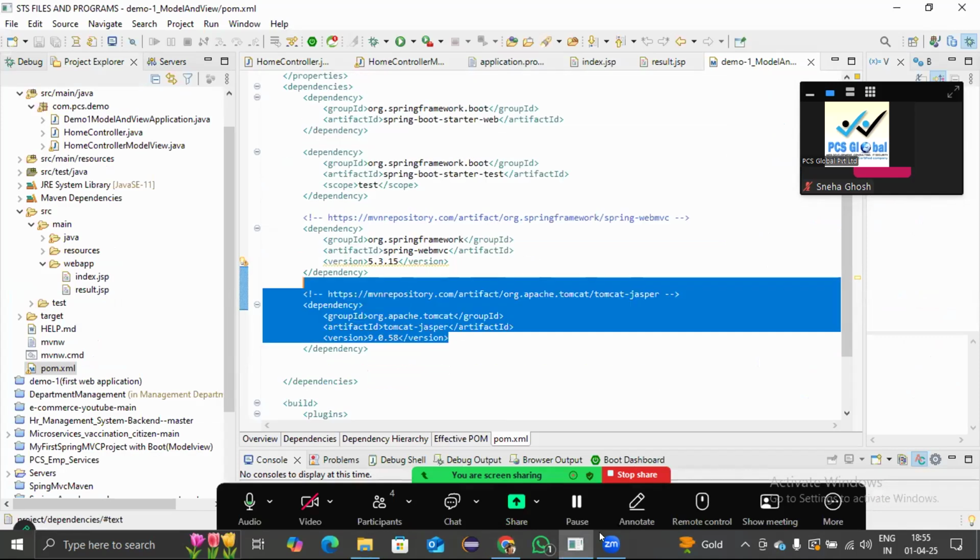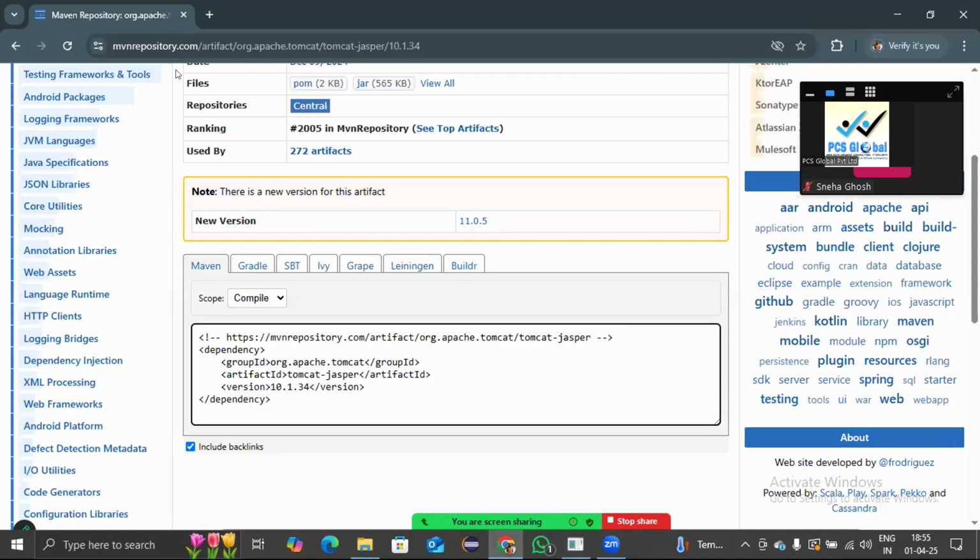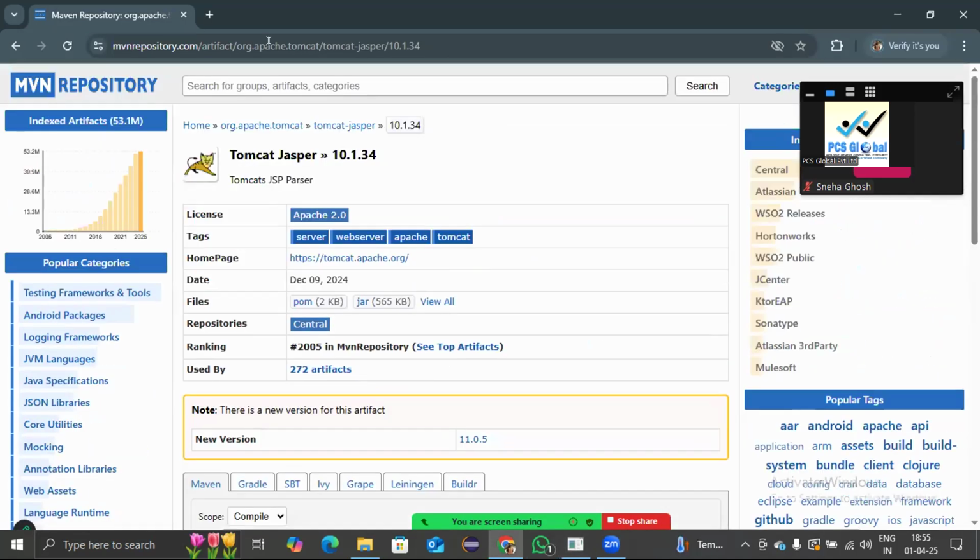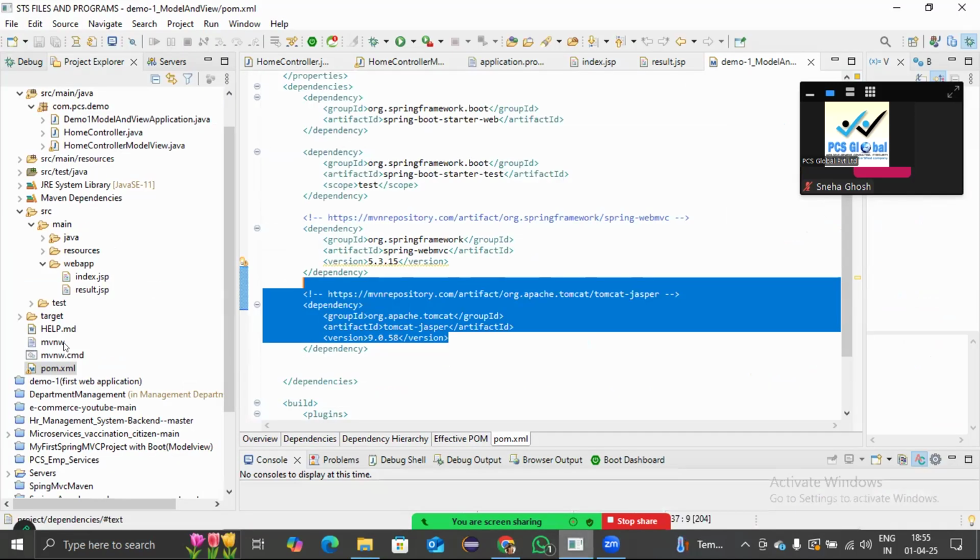This time actually you can check from here. So all the dependencies you can get from this website, the MVN repository. MVN is basically a Maven repository. So then we can